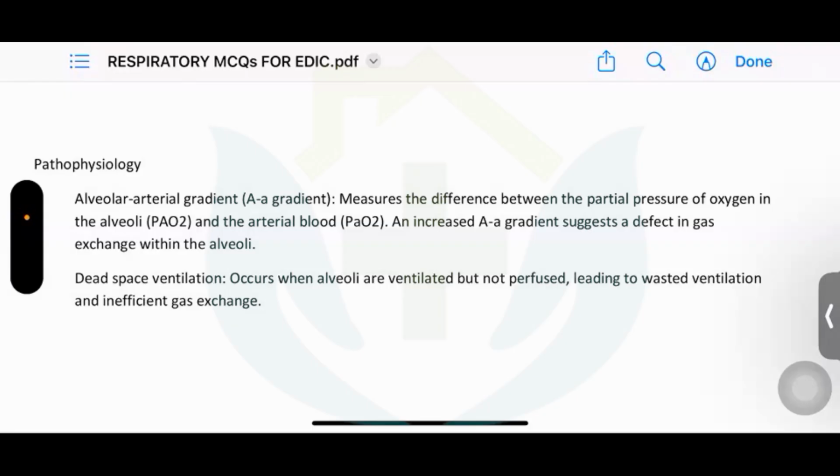So the alveolar arterial gradient is the most important measure of movement of the gases between the alveolar and blood space. Then come those areas of the airway which do not have any diffusion membrane. For example, the bronchioles and the bronchi are not connected directly in that manner. They are also being ventilated, although they are the cost that we have to pay for delivering the oxygen to the alveoli. So they are the dead space. So we have to ventilate the dead space also. So that is dead space ventilation.